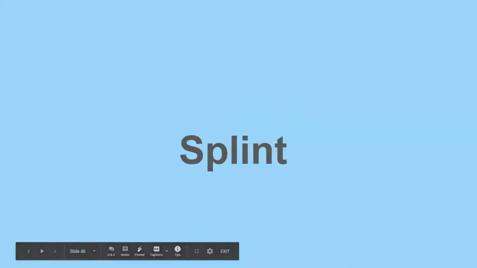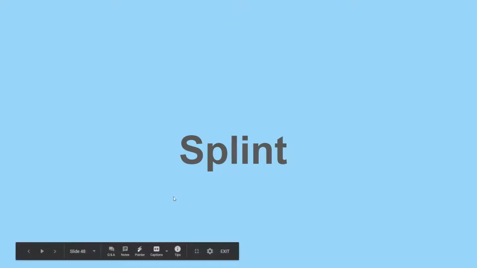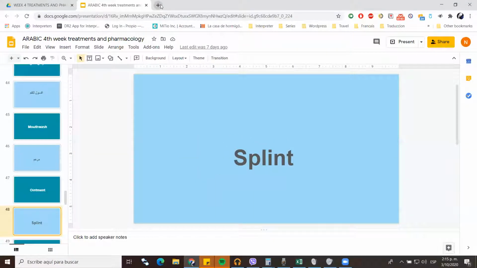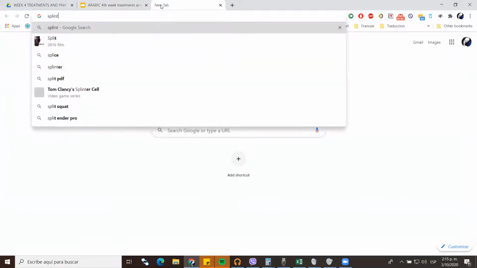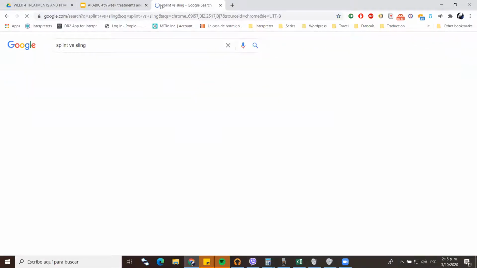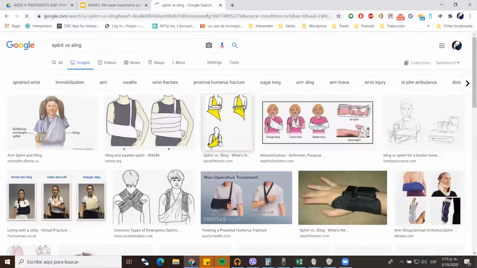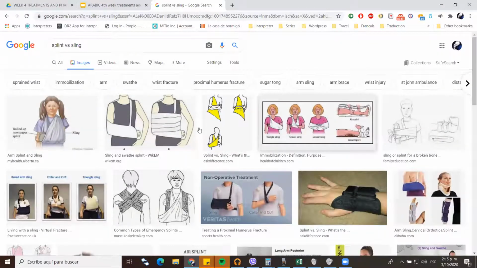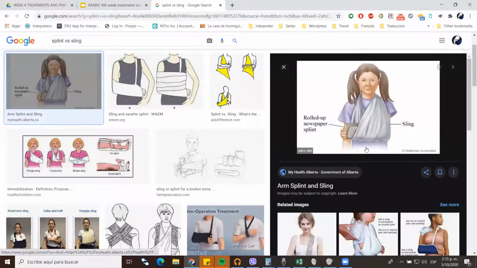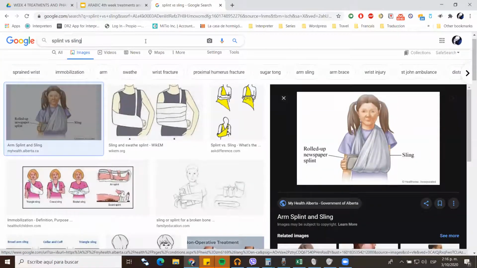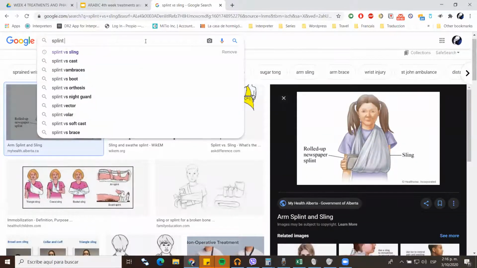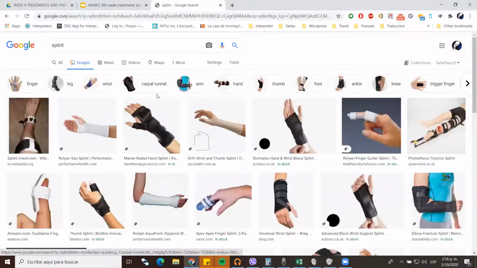Splint. حمالة. Okay, so the sling and the splint, what is the difference? Remember we talked about this. You guys know what it is? Do you want to see a photo, maybe? Because both are hamala now, it shouldn't be the same. حمالة is correct then. And what about the sling? Sling and a splint. I think it has rafi'a or something. Let's see. جبيرة.